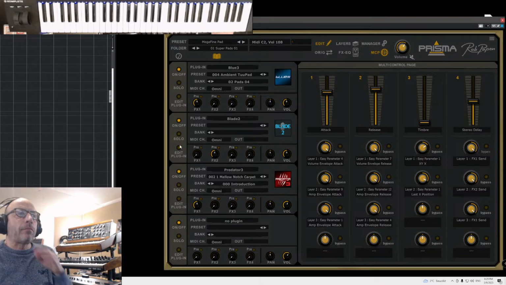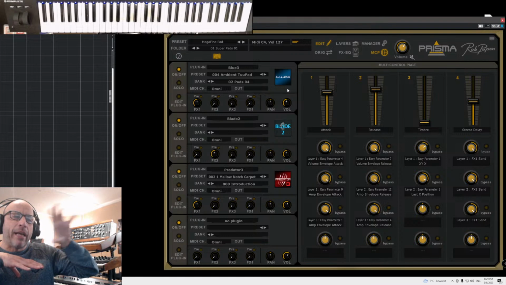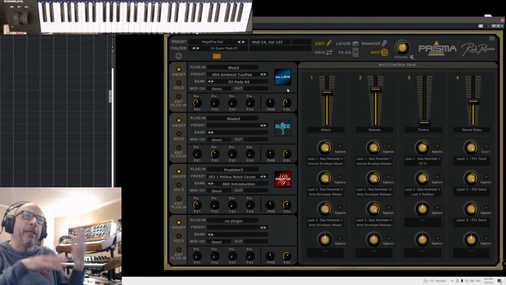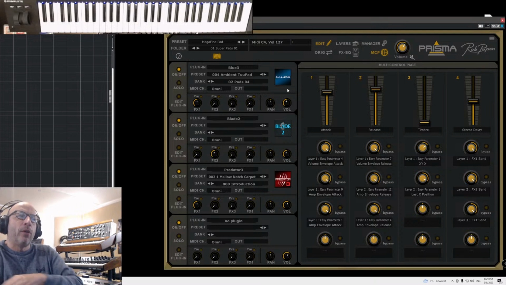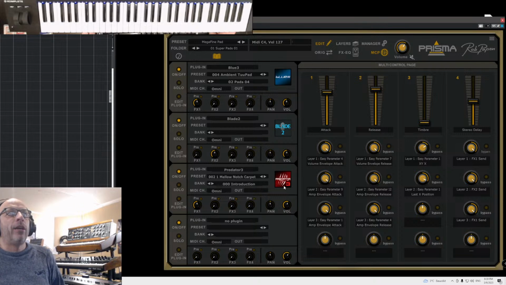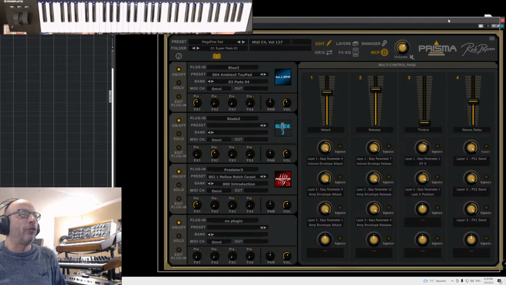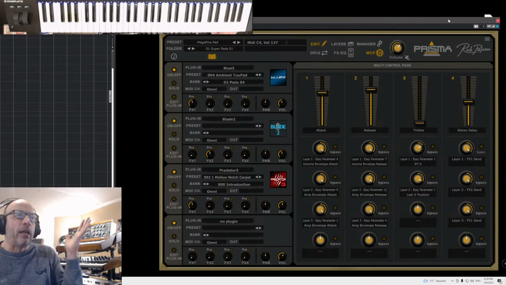So these 3 slots make, of course, the CPU increase, because it's the same as if you would have 3 tracks. It doesn't mean that if you load into Prisma it makes the CPU lower because you use Prisma. No, it's like having 3 tracks. So having 3 instruments is the same as having 3 tracks in terms of CPU usage. But this is a bad sound, so